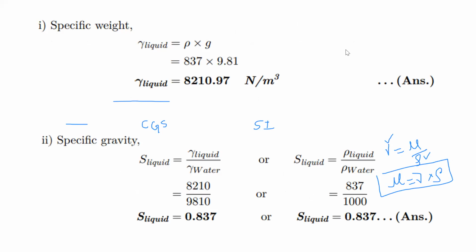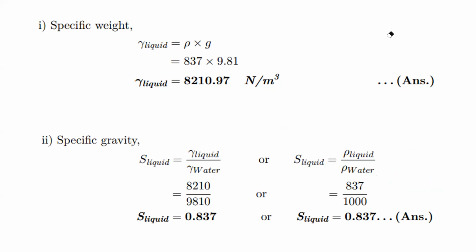Now you see that specific weight. So specific weight, how to find out the specific weight? First you have to calculate that portion. So how to calculate that? So specific weight w is equal to rho into g. This we have already discussed. Specific weight is nothing but the product of density into acceleration due to gravity.